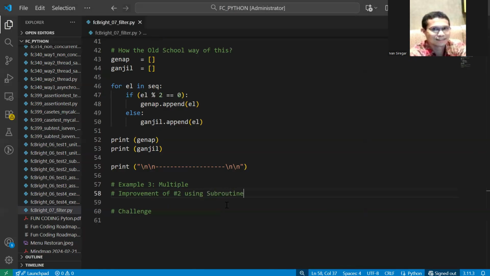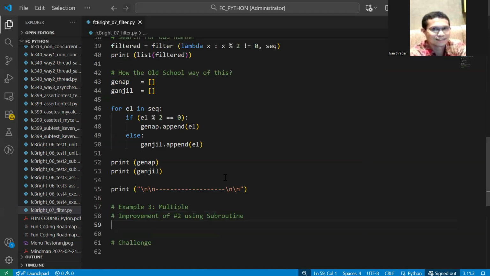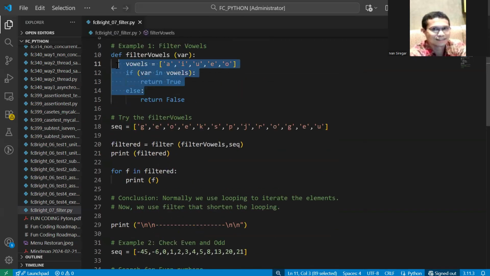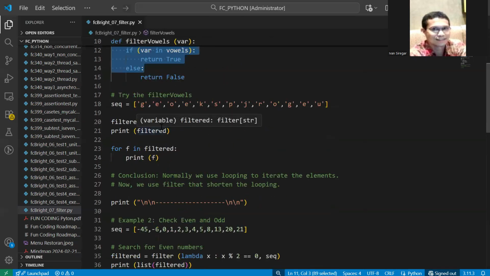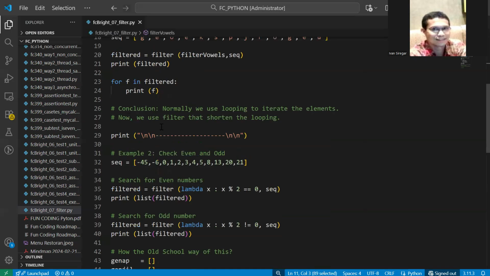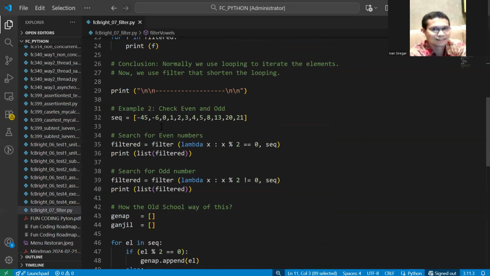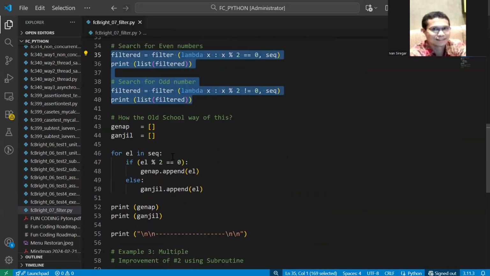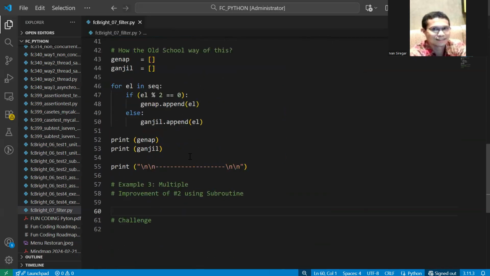Because so far, number 1, yes, we have the subroutine. Number 2, we don't have the subroutine, but we use the lambda. Number 3, improving this, but using the subroutine, so together the subroutine with the lambda.